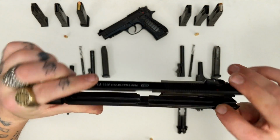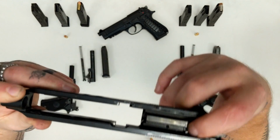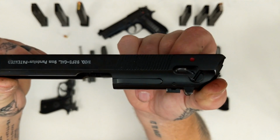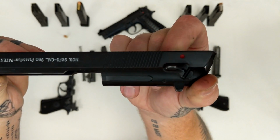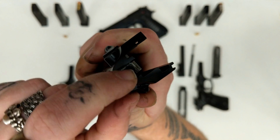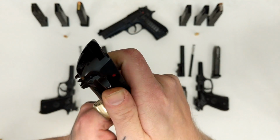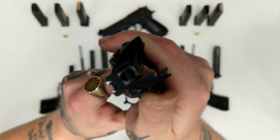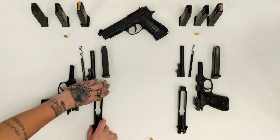And then in here, it'll actually show some of the safety features that we have. There's a button in here that when you pull the trigger it will actually depress this, and that locking bar releases the firing pin to allow it to fire. Along with this, you can see where the firing pin gets struck by the hammer in here. If you flip down the safety catch here, that will rotate the firing pin up into the slide, making it pretty much impossible to fire if it's on safe,